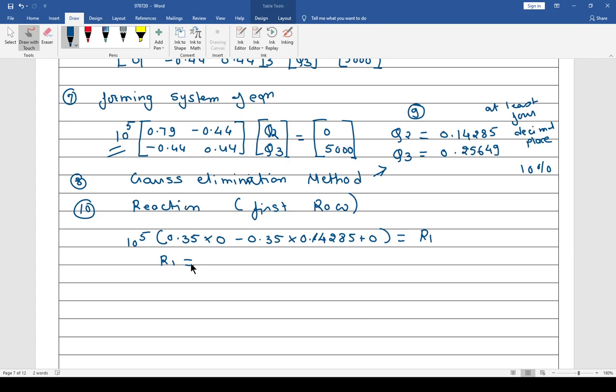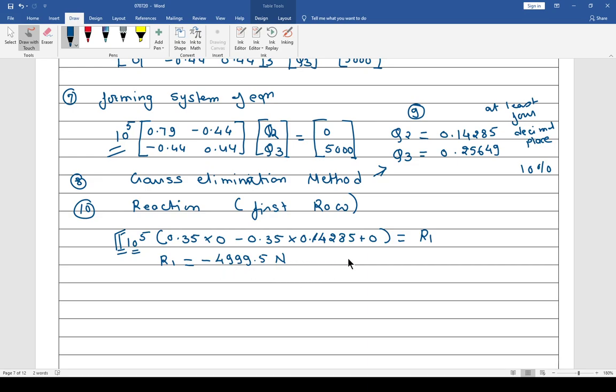So they are getting minus 4999.5 Newton. This value is correct because 10 to the power 5 is common, that you should not forget. Keep in mind, this is very important. Highlight this. While solving an exam, students used to forget this 10 to the power 5 which is outside. They do all the calculation and forget about this 10 to the power 5 factor, and they end up in some different scenario. That is why this step is essential.